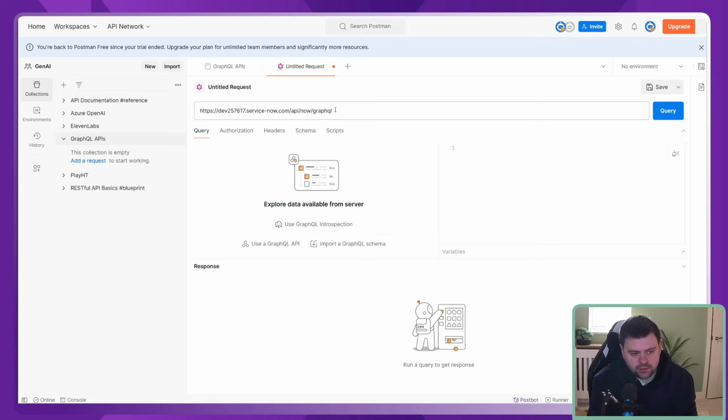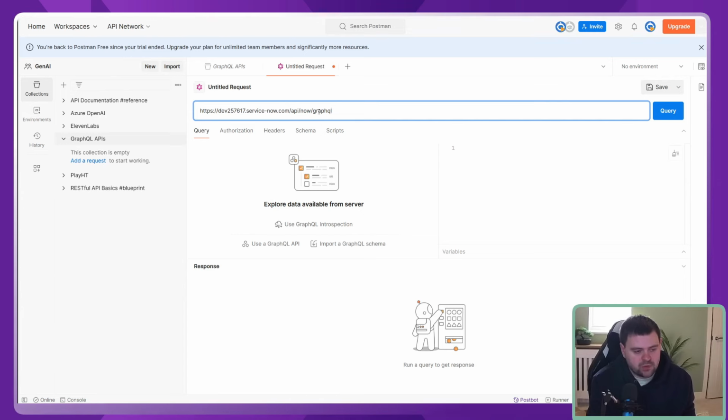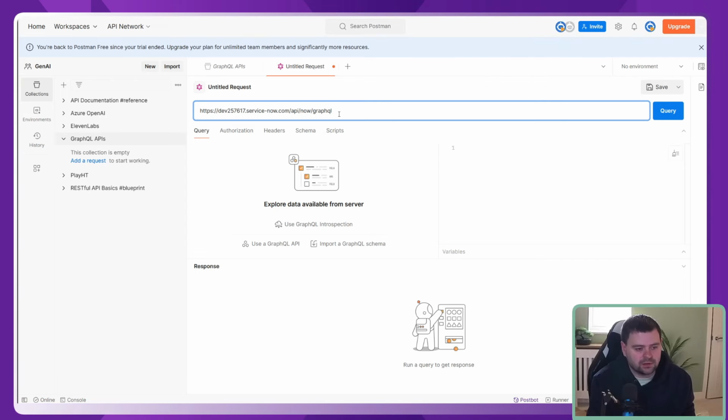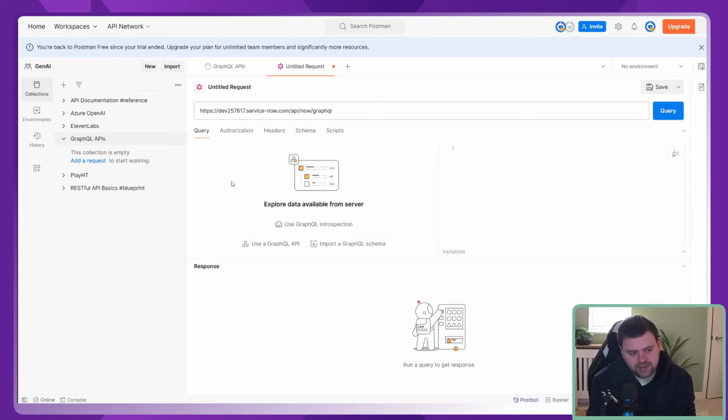So let me show you what the URL kind of looks like. It looks like this. It's got your instance name, it's got /api/now/graphql. Okay, that's how it kind of looks. Now, I didn't add any authentication into this. Remember, I unticked those boxes. Although I think it does require authentication. It does require authentication to get the introspection,